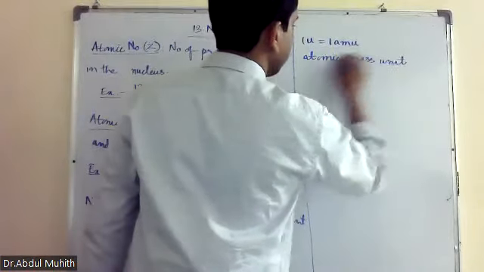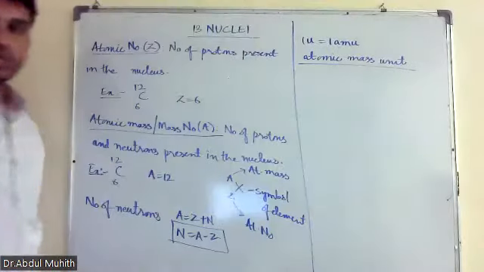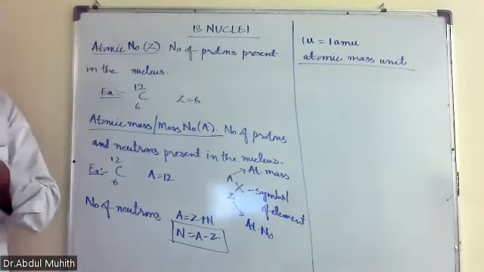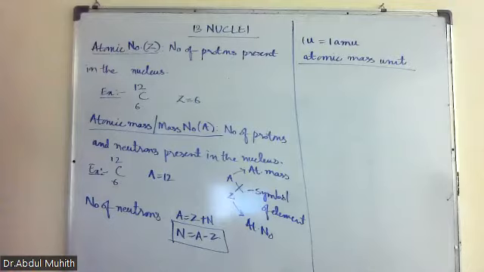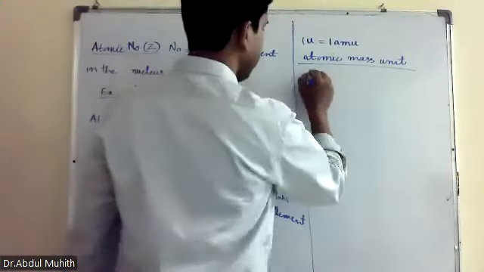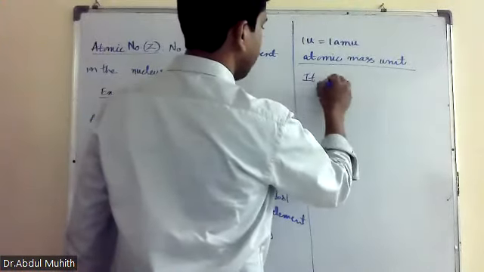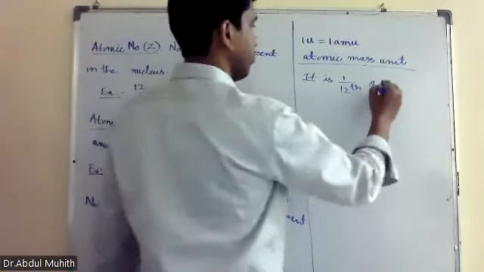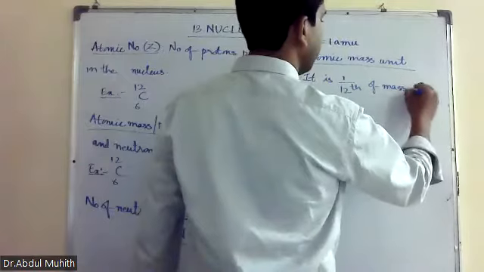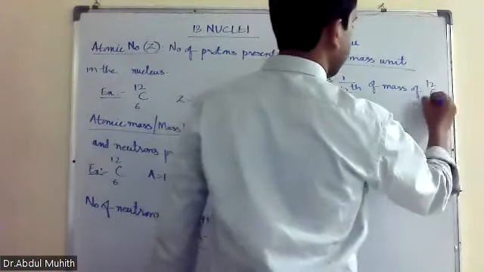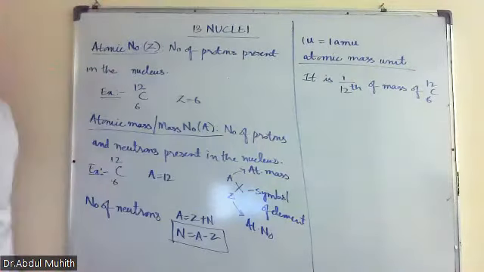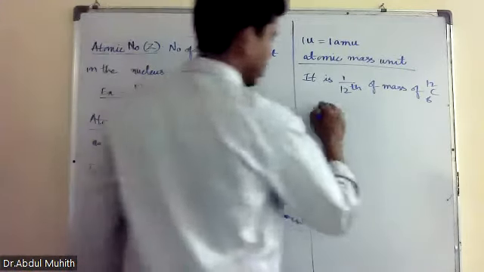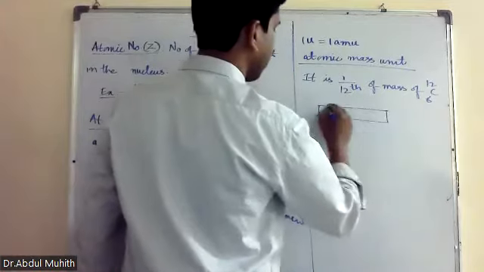Atomic mass unit is defined as 1 by 12 of the mass of carbon C-12. It means if you divide C-12 into 12 parts,